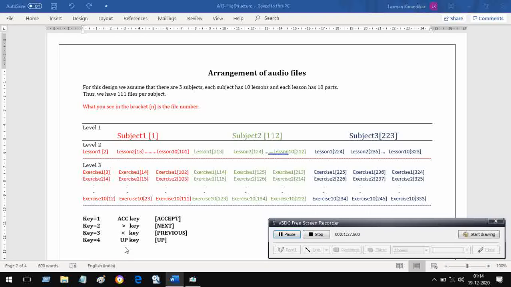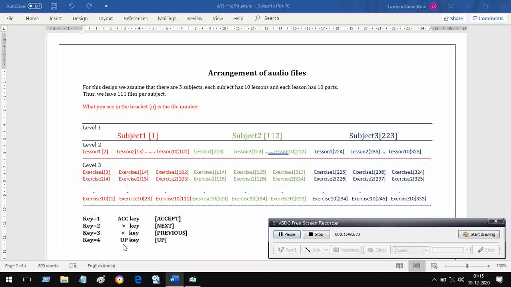And key number four is the up key. So we have key number one accept, key number two next, key number three previous, and key number four is up. These are the four keys we are going to use. In the previous lecture, we simulated these four keys. This time we are going to actually use those keys.